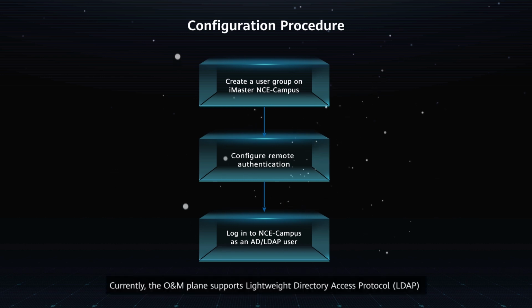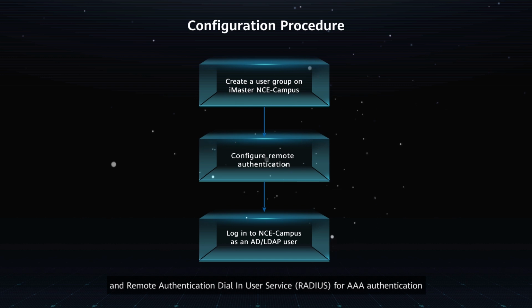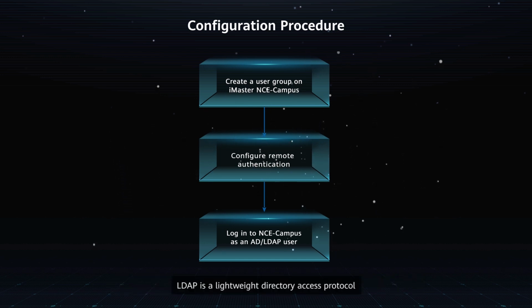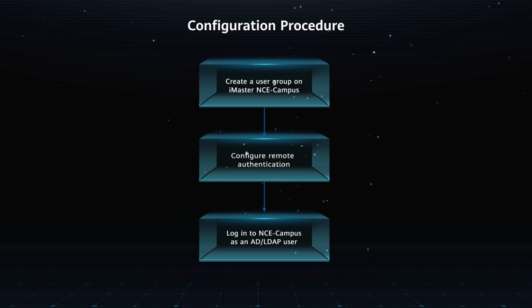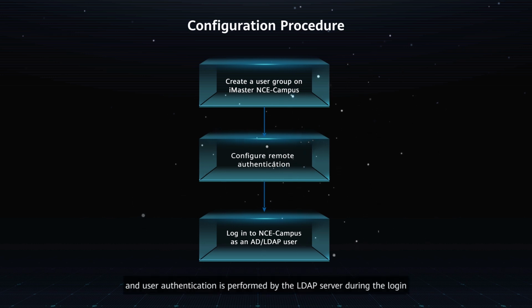Currently, the O&M plane supports LDAP and RADIUS for AAA authentication. LDAP is a lightweight directory access protocol. It supports multiple authentication modes. The system authenticates users based on their usernames and passwords, or in TLS mode. Users can configure login information on an LDAP server, and user authentication is performed by the LDAP server during the